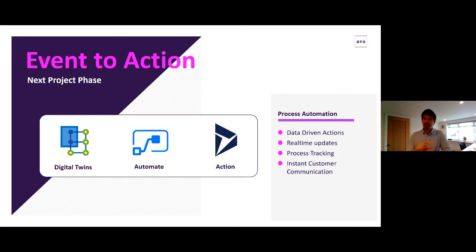We've got a real-time view of that process as well, so in real time we can see something has gone wrong or is about to go wrong. We can see where the engineer is and when they're going out, and we can create that customer-centric approach to this as well, where we're contacting the customer before something's gone wrong, letting them know that someone's on the way out. This is the reference number. Someone will be there when they're going to be there, and create that view as well for the customer.